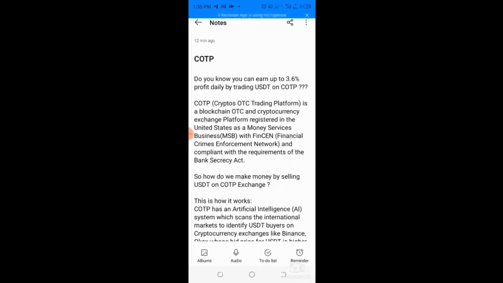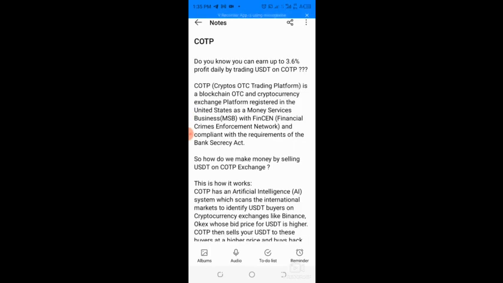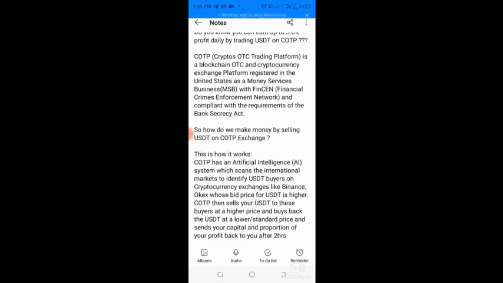It is a blockchain OTC and cryptocurrency exchange platform registered in the United States as a money service business with FinCEN, the Financial Crimes Enforcement Network, and compliant with the requirements of the Bank Secrecy Act. I just want to give you brief information about this company before I show you how to go about the necessary things.